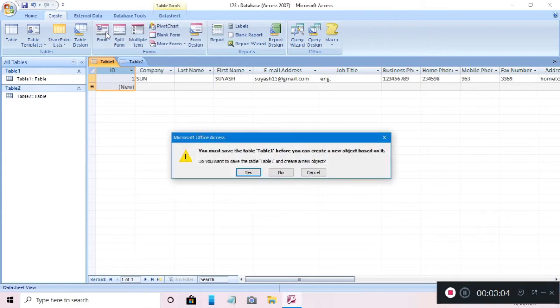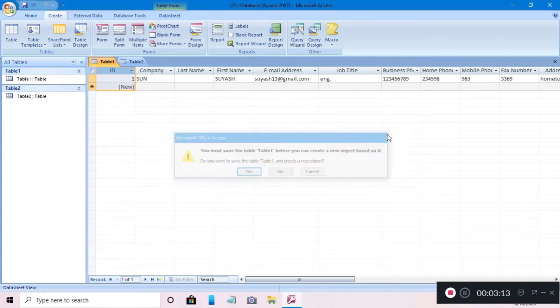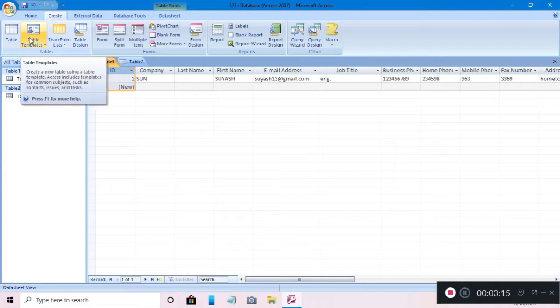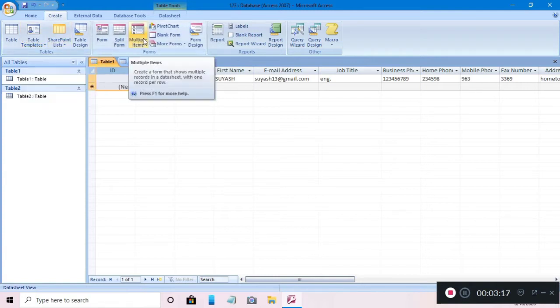When we click on it, you will find a message that you must save Table 1 before you create a new object based on it. Whenever we create an object in MS Access, the first thing is that we have to save the basic table of that information.